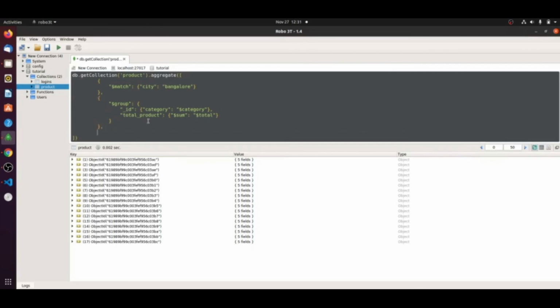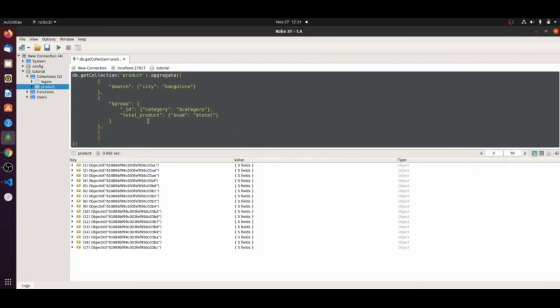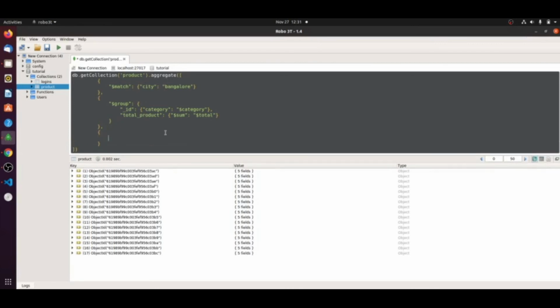Next we will sort it in ascending or descending order. So I am sorting as per the total product number, in descending order.